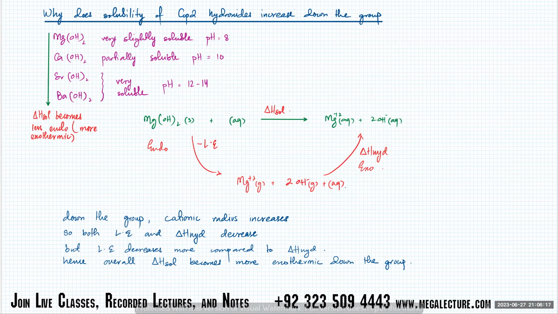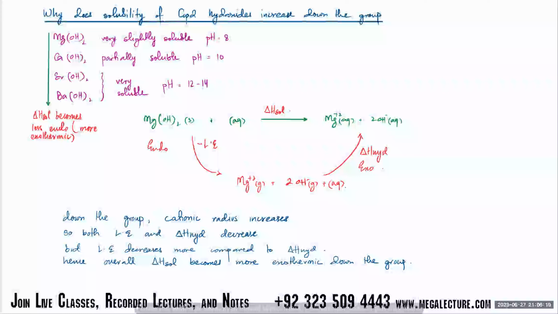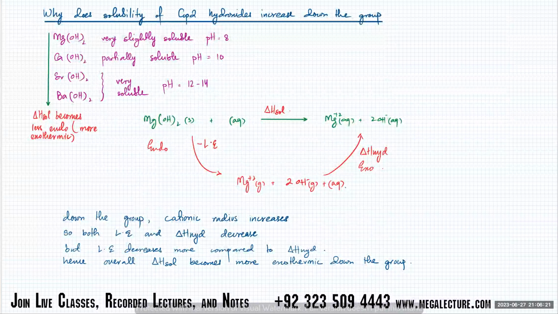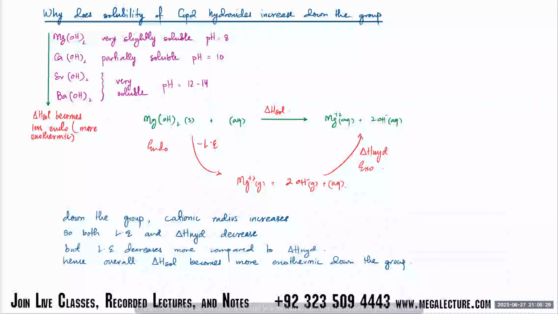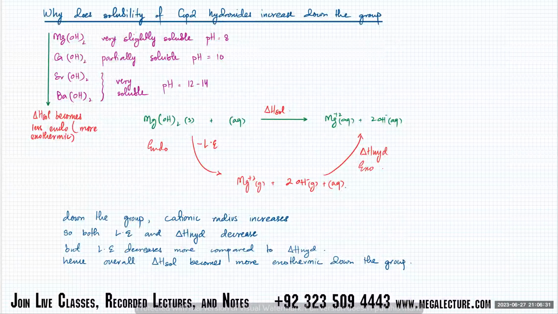I mean, it's a very typical question. It's a typical 3-4 mark question that comes in almost every paper. हमेशा पूछता है कि what happens down the group? Hydroxides, why do they become more soluble? You just have to write this answer. That's it. ठीक है. But उस time पे ना people just get confused